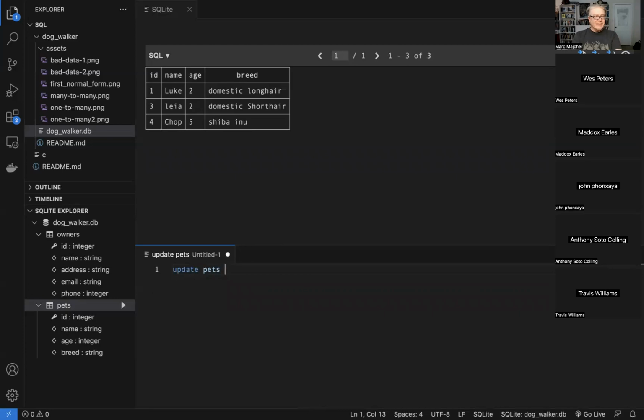So we say update pets, and we're going to set something. So we're going to set, let's set the age. Yeah, let's set the age of Chop to 9. So set age equals 9, where name equals Chop. And we'll do our select.